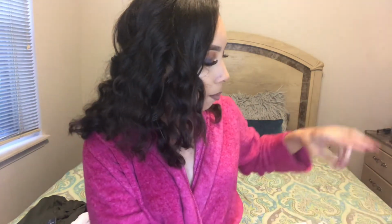Okay. I also got some hoops because, oh, let me put these on. These aren't as big as my other hoops, I don't think. But I needed some new hoops, you guys. So I don't really discriminate on the size. As long as they're not super small and grandma-ish, I'm cool with them. Oh, yes, I love me a good hoop. So the next thing that I got in here